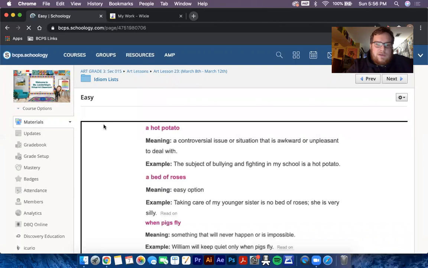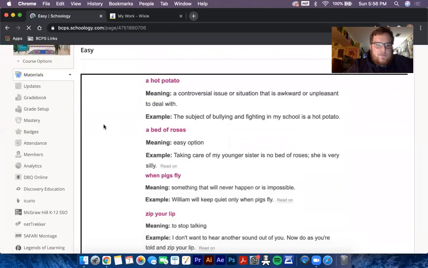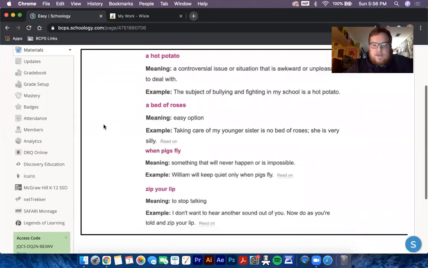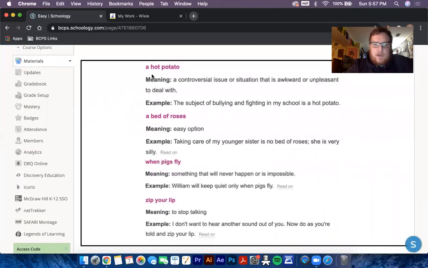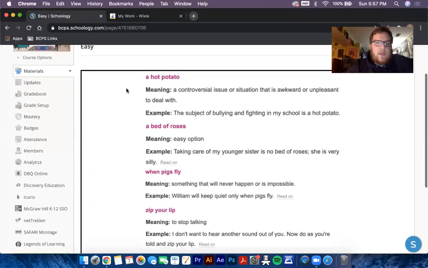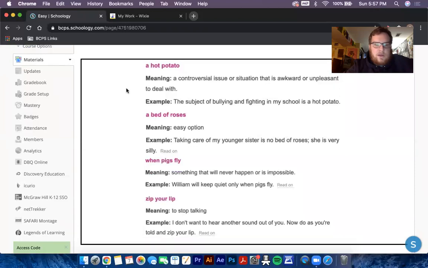and then you'll see a list of some idioms. So remember, an idiom is something that means something else. So like a hot potato, a controversial issue or situation that is awkward or unpleasant to deal with. And the example is the subject of bullying and fighting in my school is a hot potato. So you'll pick an idiom that you want to work with, and then you will go to